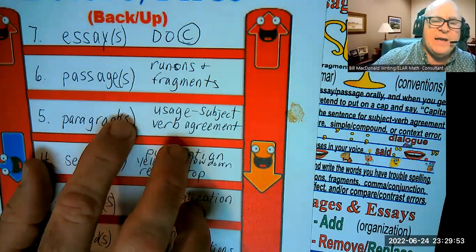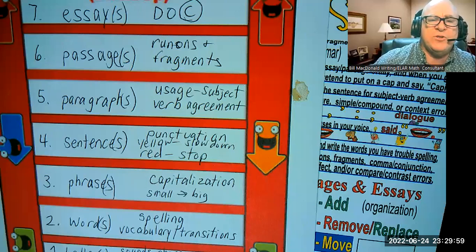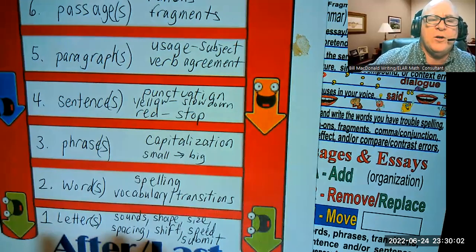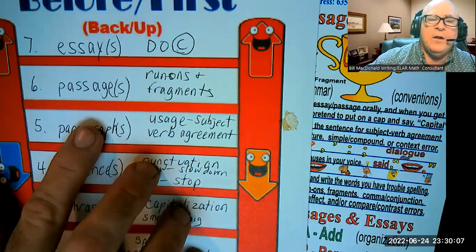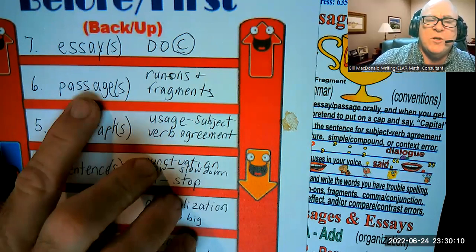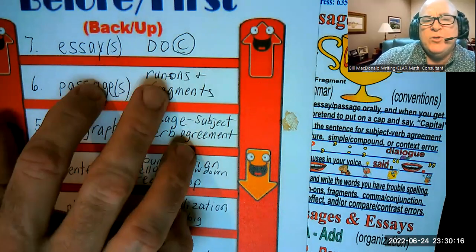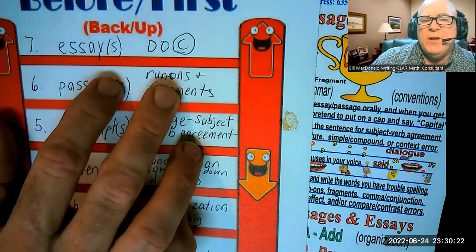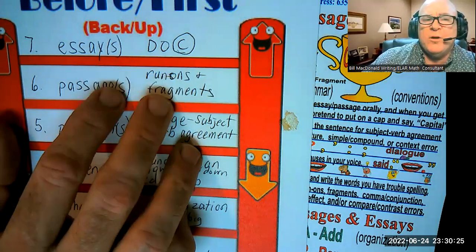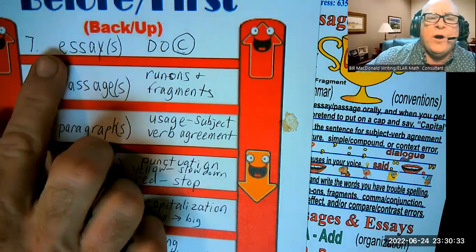So you have to decide how much time, if you're going to teach skills in isolation, this is the order that I would suggest. We're going to start reading entire passages, then by that time, hopefully your students will have read enough sentences. Will they be able to recognize run-ons that have too many words without punctuation, or fragments, where there's too much punctuation without words? And then finally, the highest level is extended essays of some type, where you check 3 things